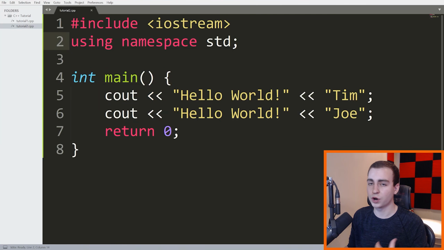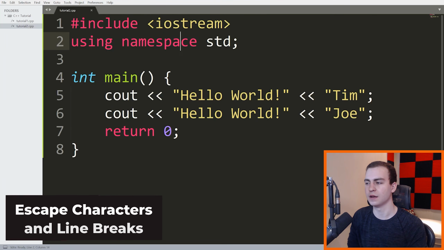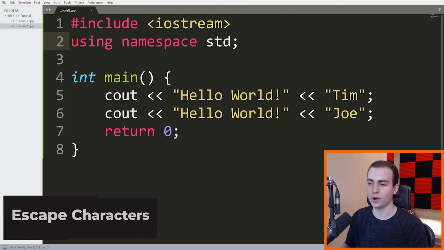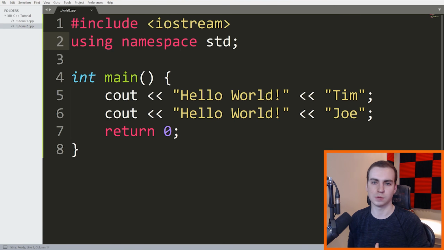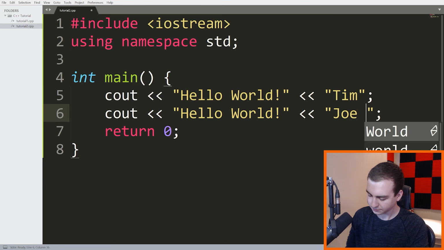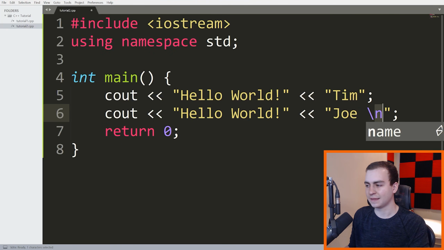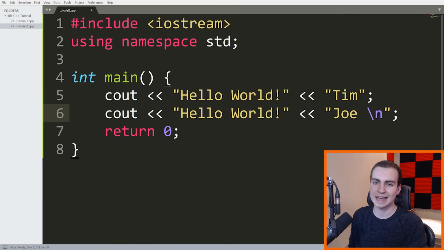But look, these were not on a separate line. Now intuitively, you would think that these would go on two separate lines, right? The reason they don't is because cout is just accessing the console and shooting characters onto the console, and we need to tell cout to go to the next line. So to go to the next line, we need to use something called an escape character. Whenever you're working in any Word document or console or anywhere you're writing text, there are these little invisible characters called escape characters. They are defined by a backslash and then some character or sequence of characters that tell the console what to do. So \n is what I believe is called the carriage return.